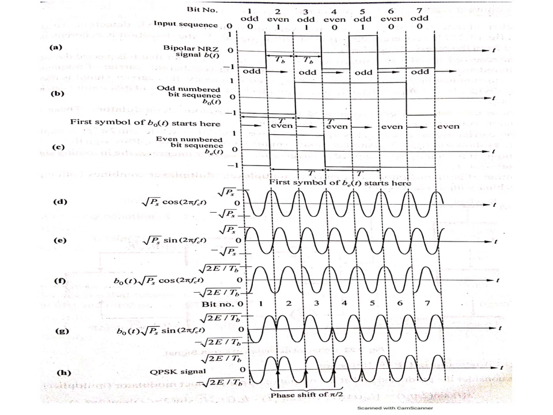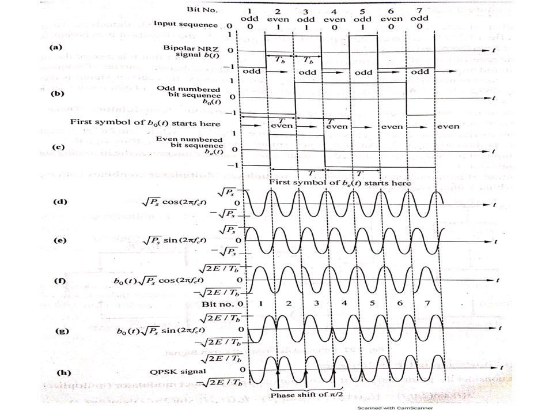Next, E represents the sinusoidal carrier component sin 2 pi fc of t, which is given to the multiplier as we saw in the previous slide. Next, F1 represents the output of the multiplier, where the odd sequence is multiplied by the cosine term. Okay, and the G1 represents the even part BE of t. There is some misprint. The G1 represents the BE of t multiplied by the sinusoidal component sin 2 pi fc of t,